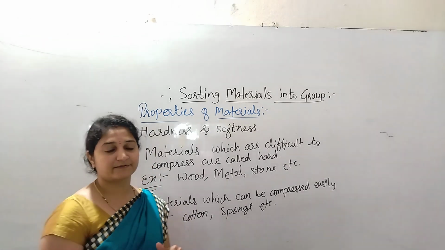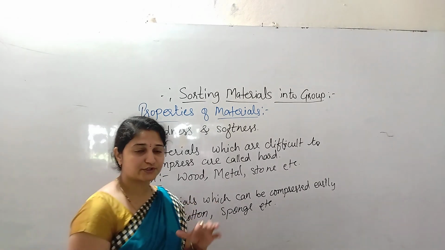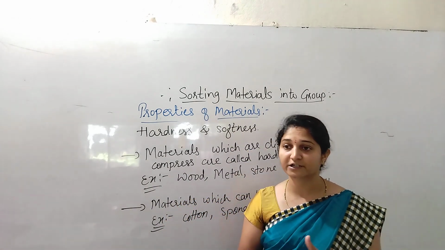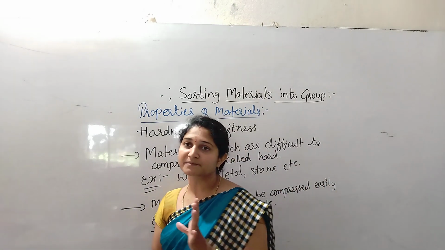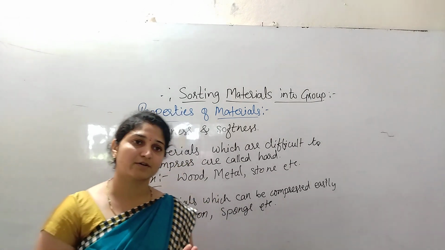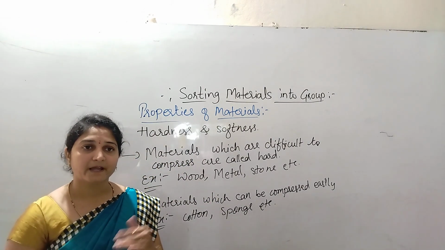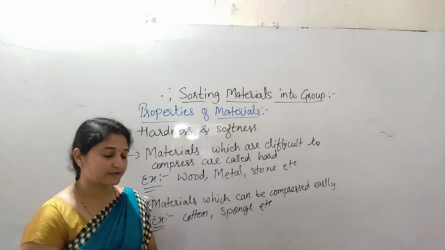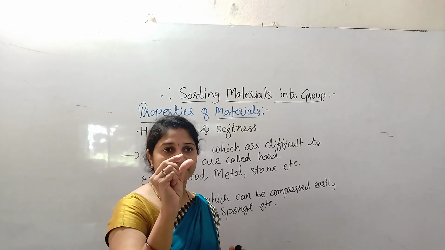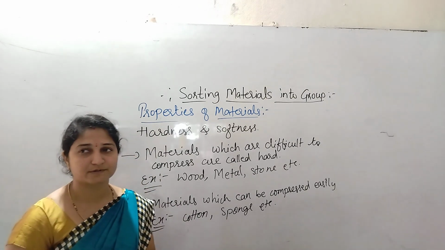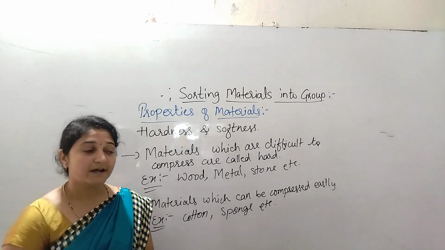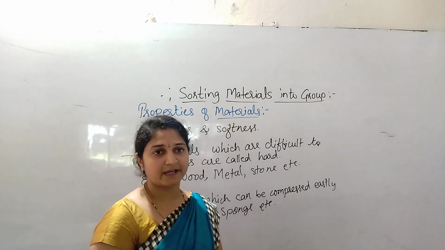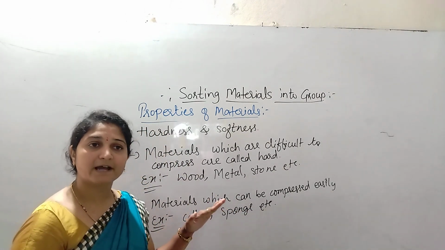Smooth and rough. If you know about stones, some different stones, some stone surfaces are very soft. You would have seen that in the ocean or sea. On the seashore you will find small white-colored stones also. Their surfaces are not very hard or rough, they are smooth as well as